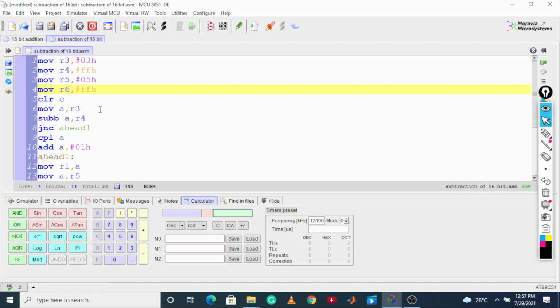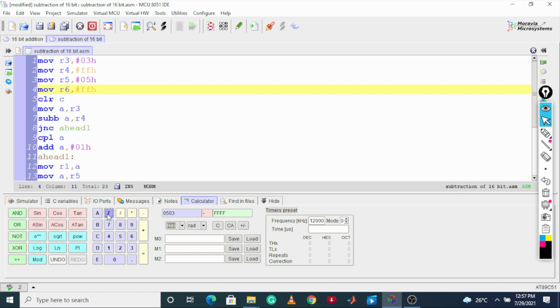Let me first convert to hexadecimal. The first number is 0503. The first number has been taken, and put the subtraction sign. The second number is FFFF.